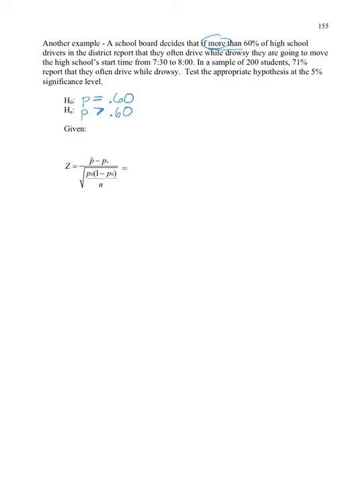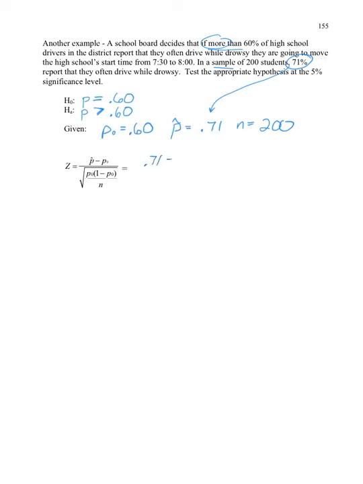Our givens are, okay, so P from the null hypothesis is 0.6, coming from right there. Our sample percentage is 0.71, coming from that sample of 200. Our sample size is 200, and when we fill all that into our formula, we have